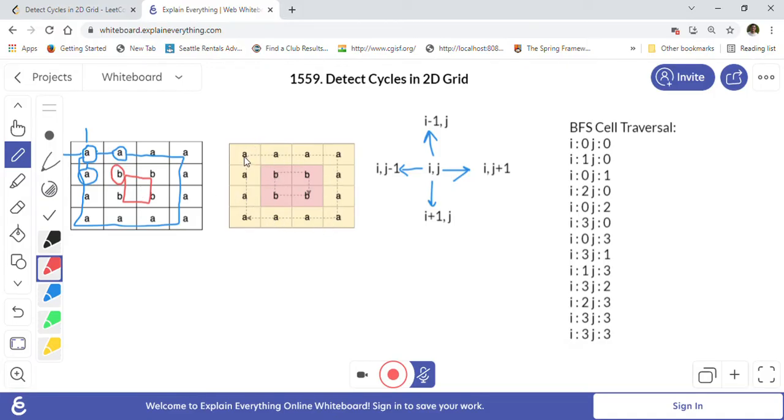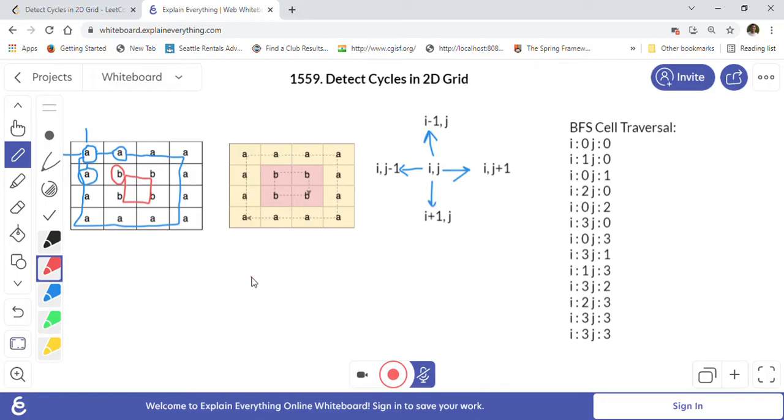As you can see, this is one cycle forming all a's, and this is another cycle forming all b's. So this is the problem, we have to find out if there is any such cycle in this given 2D matrix or 2D grid. So we are going to take an approach using BFS or breadth first search or breadth first traversal.